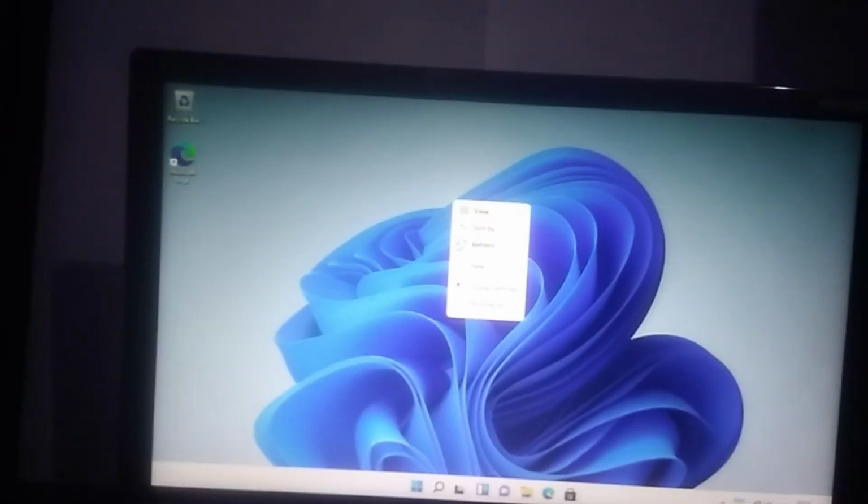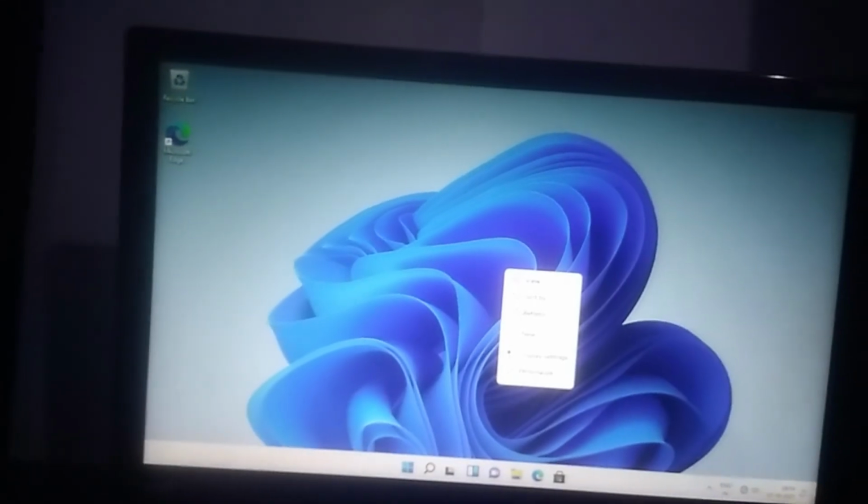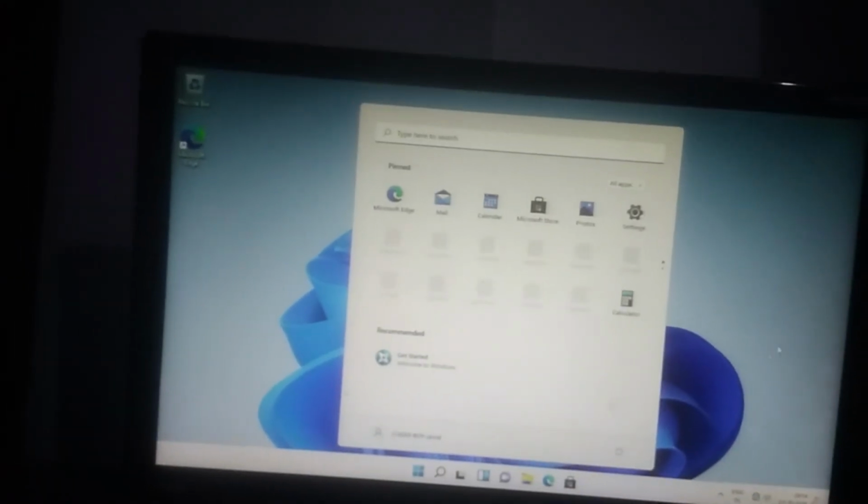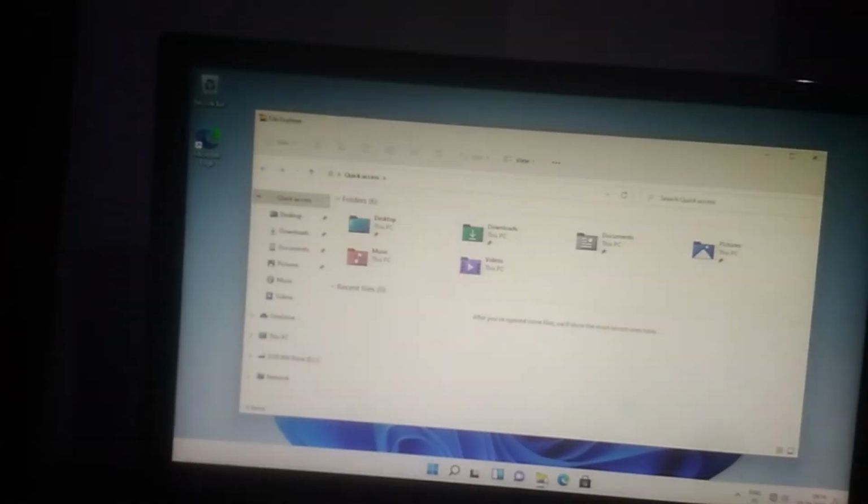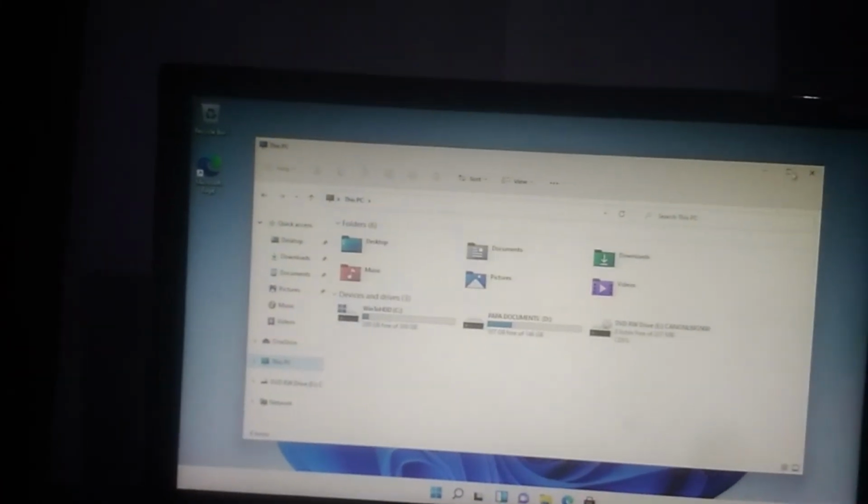And to check the UEFI or secure boot, just right click and go to properties and go to the volume tab, and now you can see that it is MBR, means GPT is not supported. So if GPT is not supported, then UEFI will not be there, and if UEFI is not there, then secure boot will also not be there. So now let us check whether the partitions are formatted or not. As you can see, I had told you that only the C drive will get formatted, and the D drive will not get formatted.